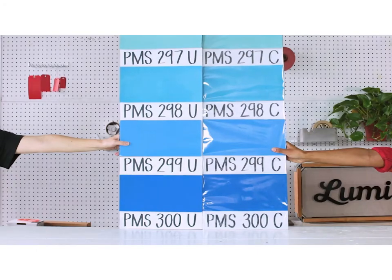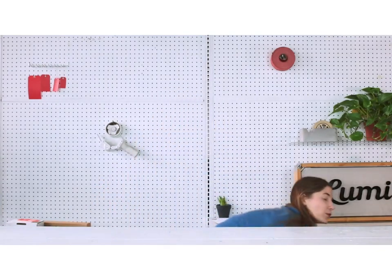So I'm going to play this. Coated, uncoated, coated, uncoated. When picking a Pantone, you're faced with a critical decision. And I hate to do this, guys, but I've got to. This entire episode is one big